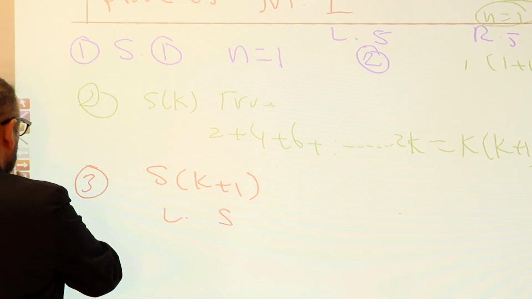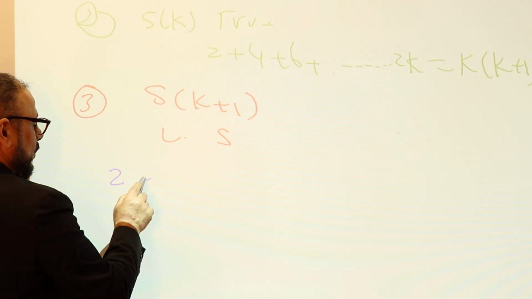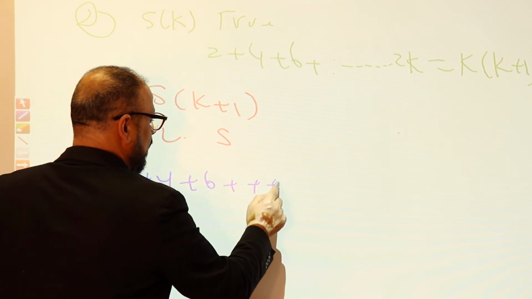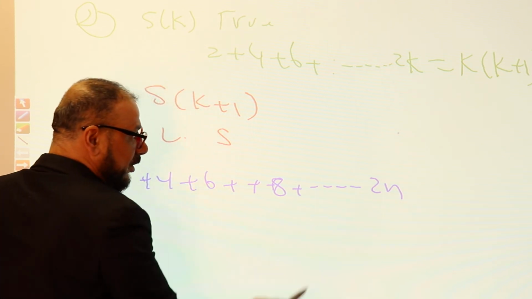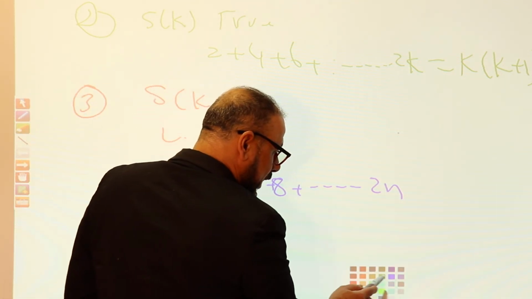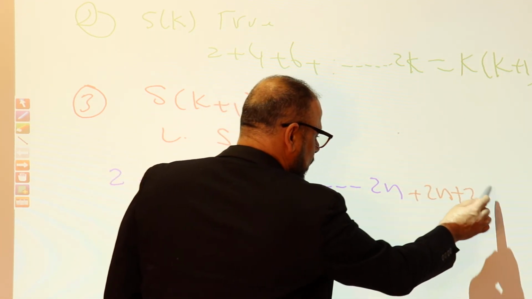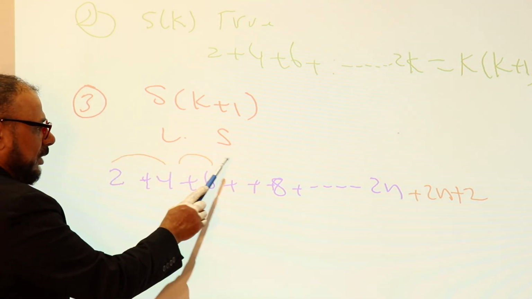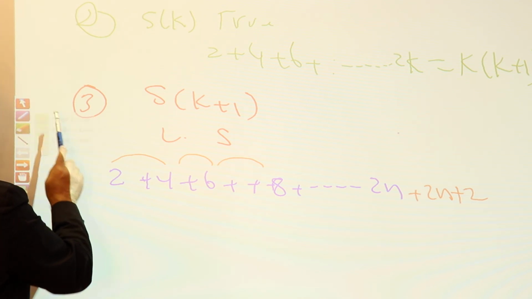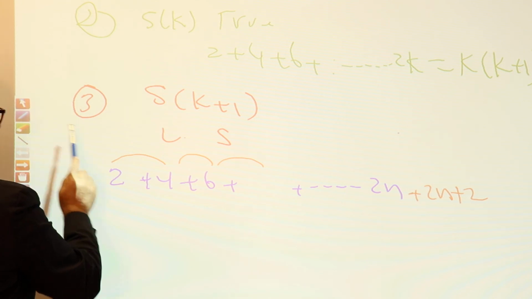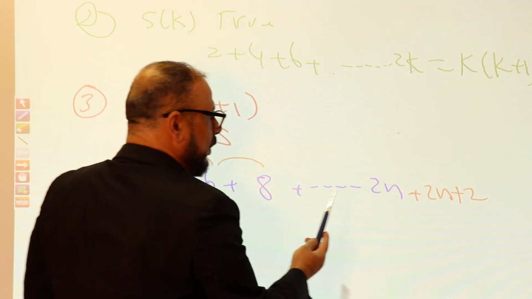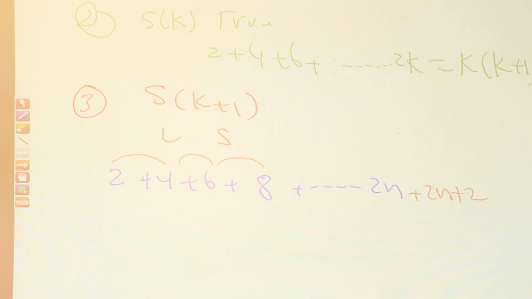Left side, remember guys, we have 2 plus 4 plus 6 plus 8 up to 2n. What's the term after the 2n? We have to add plus 2n plus 2, right? Because the difference between each two terms is 2. Plus 8 here, the difference is 2, 2, 2, 2. This for the right side. For the right side, the sum will be,